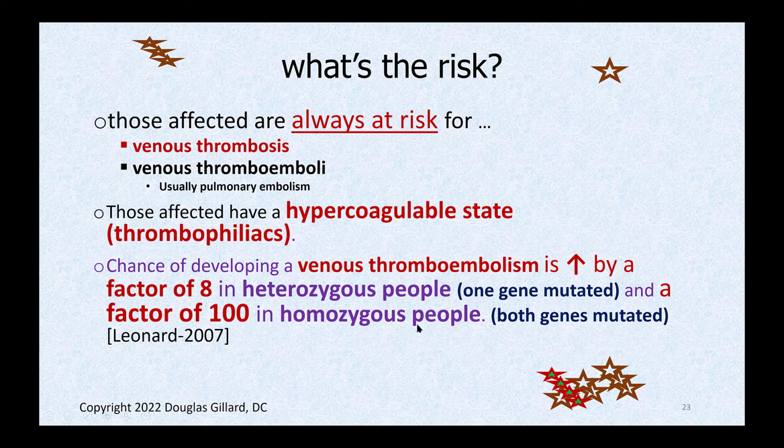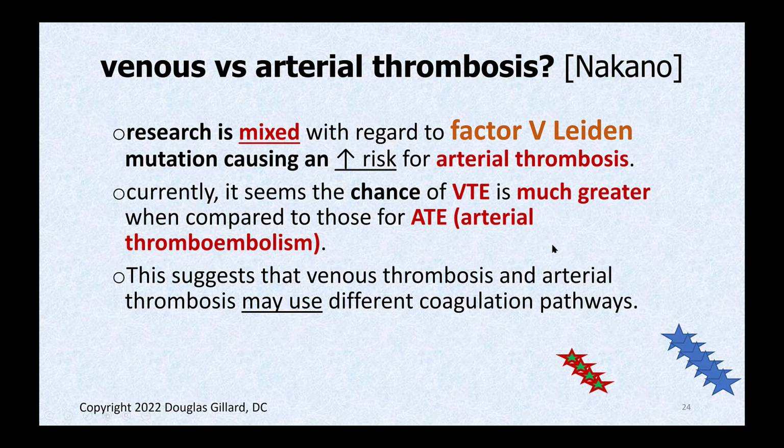If you're homozygous, meaning both genes are mutated, and all of your factor V is mutated and can't bind APC well, you're at 100 times risk for developing a thrombus in a deep vein that breaks loose. That's the key. It's much higher than for people who just develop venous thrombosis, because it doesn't always embolize. Sometimes the body can naturally take care of it.